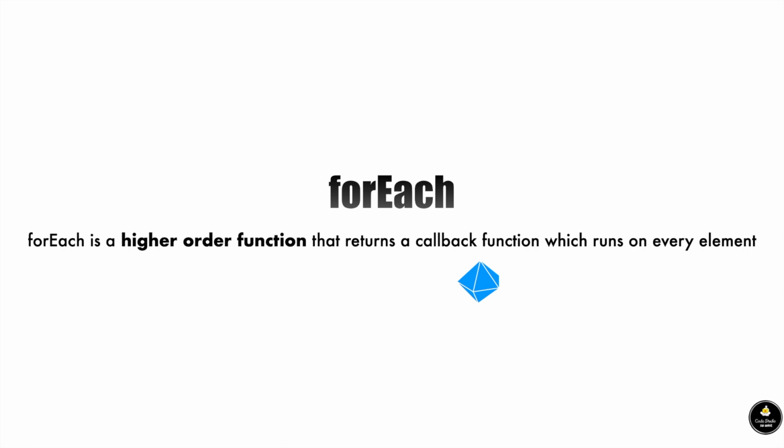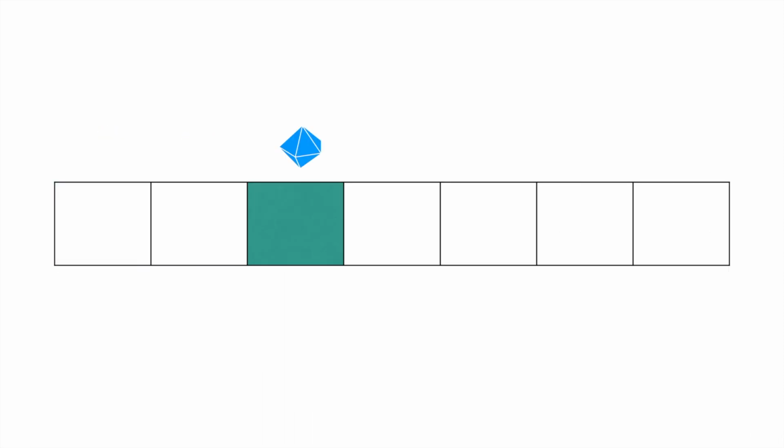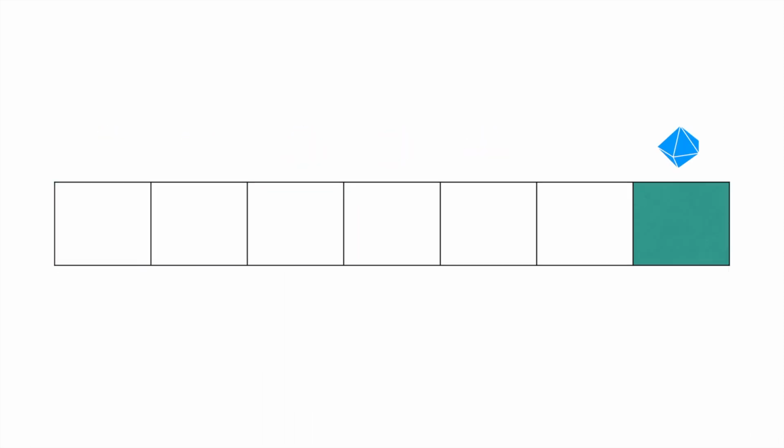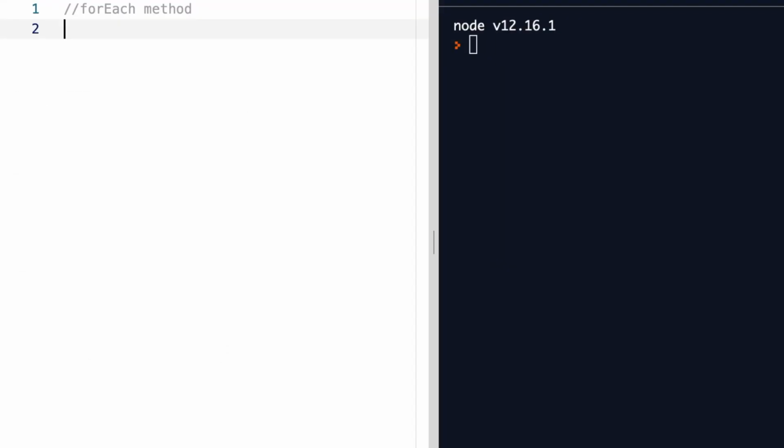I'll give you some examples using which you'll completely understand how the forEach function works and how the forEach method calls the callback function on each and every element of the array in ascending order. In the first example, I'll be using the forEach method to calculate the sum of squares of all numbers in the array. To start with, let us create an array with three numbers 1, 2, 3.